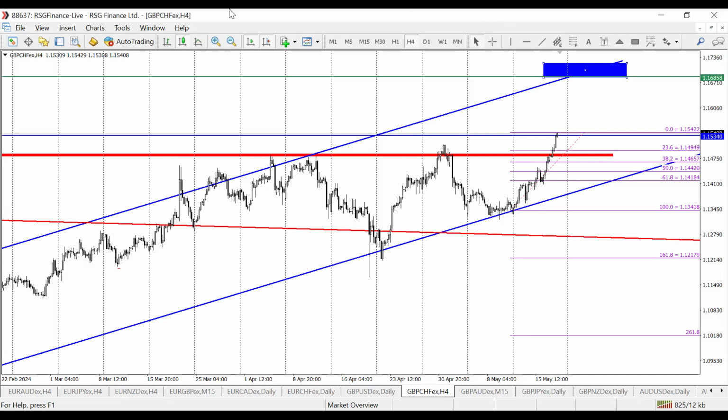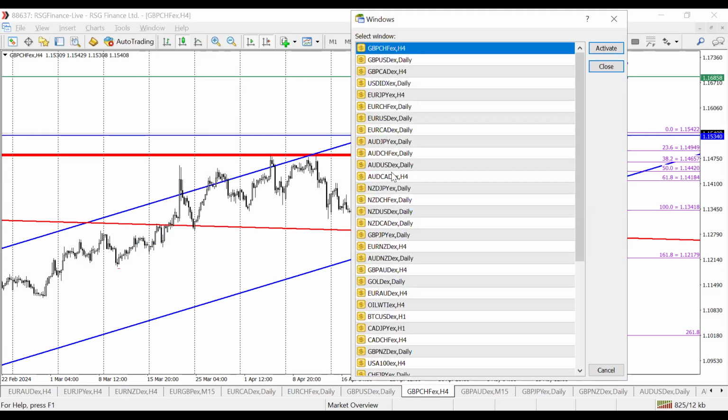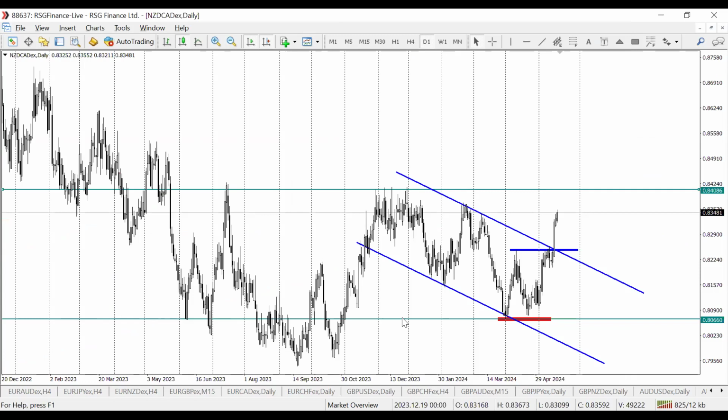Now let's go to the next pair, which is the NZD pairs. We're starting off with NZD CAD. On NZD CAD, we're looking for a strong NZD into this week, but don't forget there's an interest rate decision coming up, so you have to plan for that. But this is textbook trading. We had a downtrend and we had a failed swing here. You see how price failed to create a new lower low, and now we have the breakout from this channel. So this downward structure has failed, it's been violated.